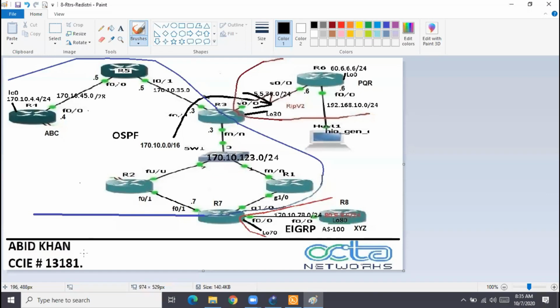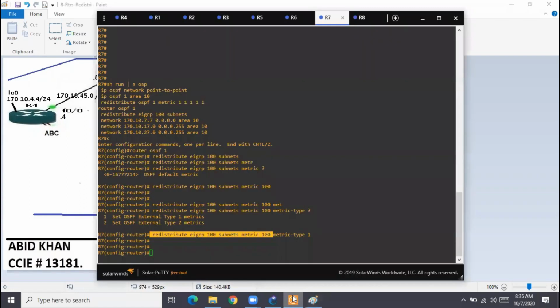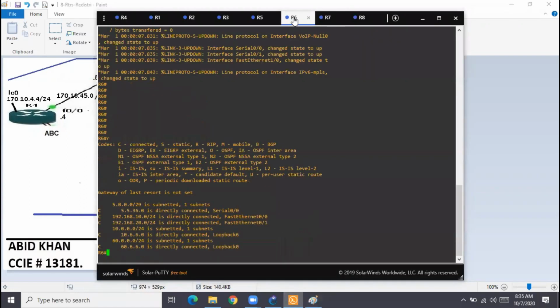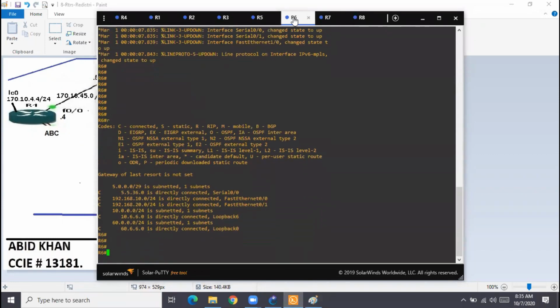R6 will be RIP now. What is the protocol? You should first ask yourself what's the protocol on R6. As per the diagram, the protocol on R6 is what? RIP. If it is RIP, what kind of protocol is RIP? RIP is a dumb protocol.